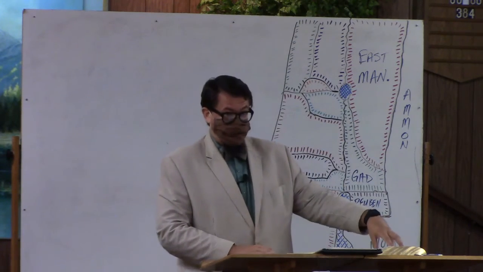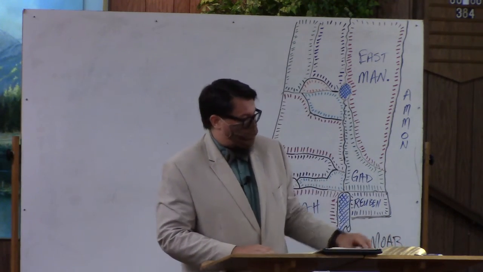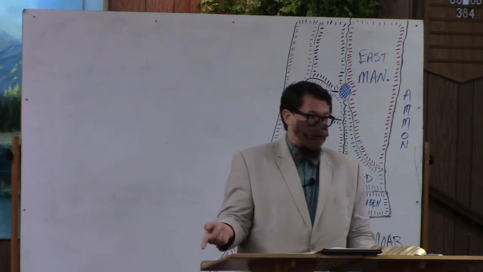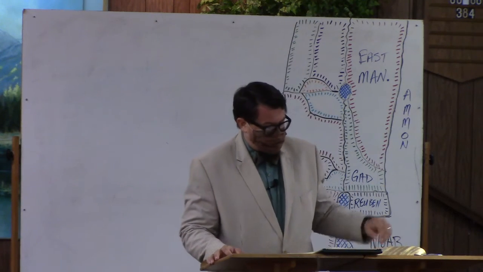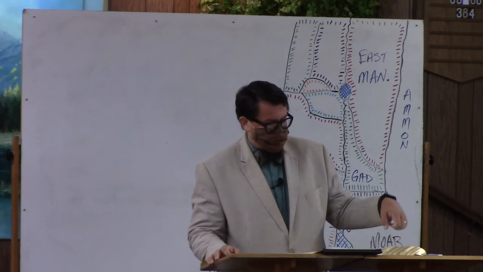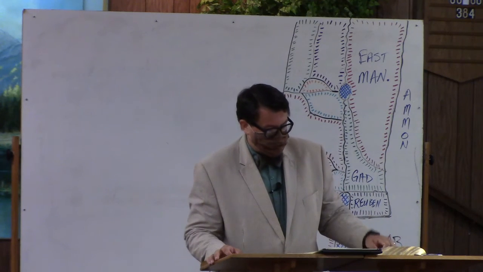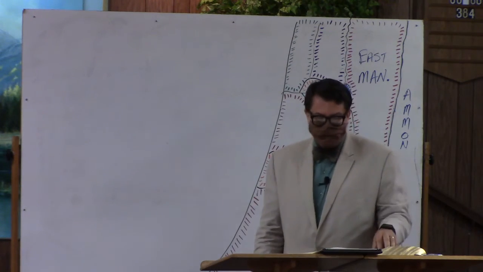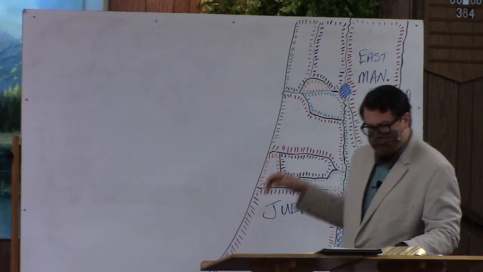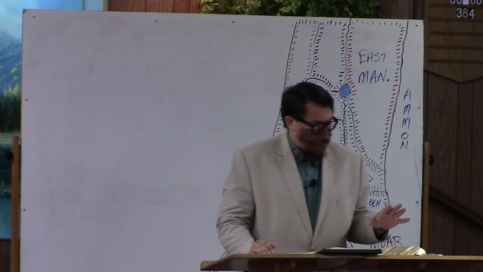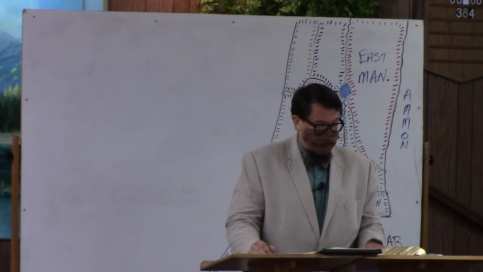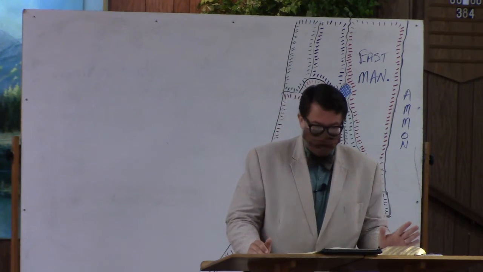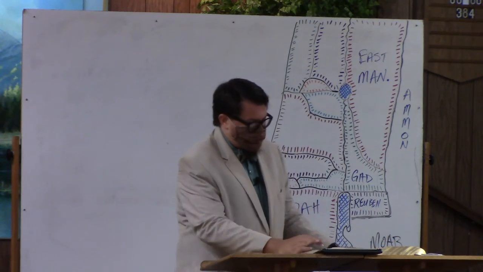Fully 2/3 of the cities in this list either appear just in this list or in another list just like it in Chronicles or Nehemiah. 9 of the cities in the list are also in the city list for Simeon, since Simeon's inheritance falls entirely inside of Judah's. And several of the cities along the northern border also belong to Benjamin and to Dan. So the thing is, very, very few of these cities we even ever hear about again in the Bible. Most of them you don't need to worry about. So let me point out just a couple that we should worry about.